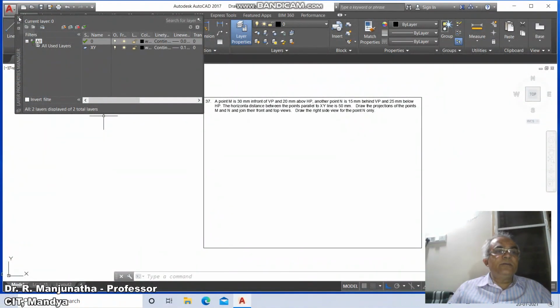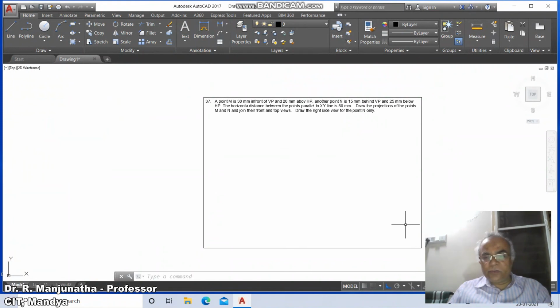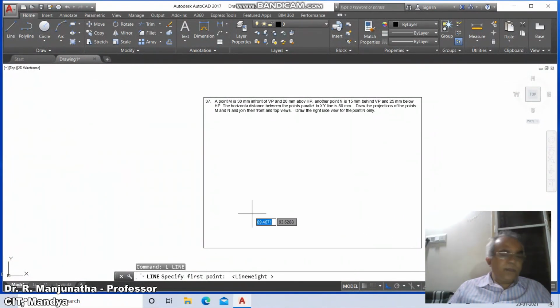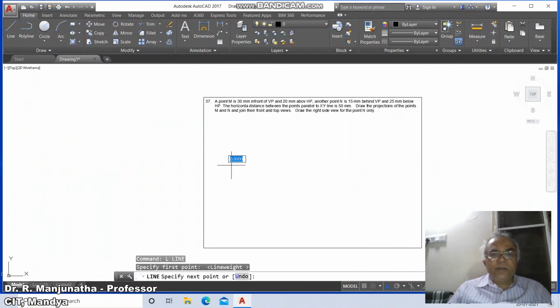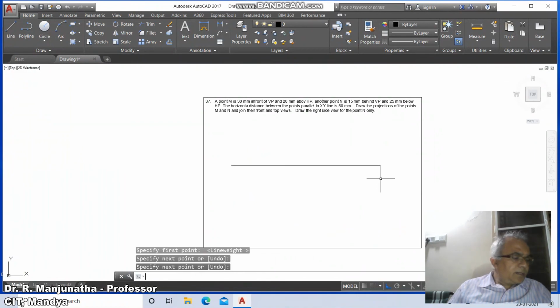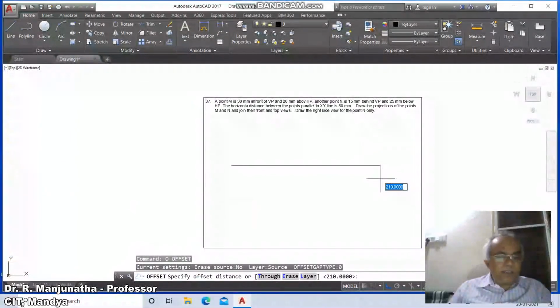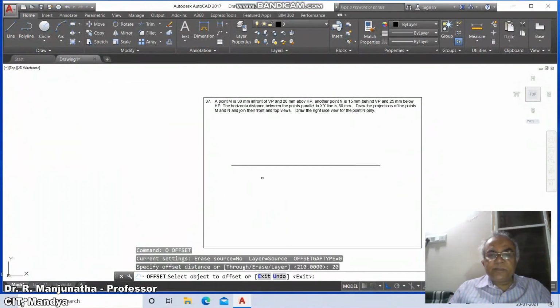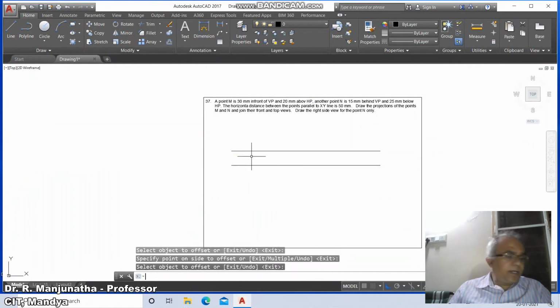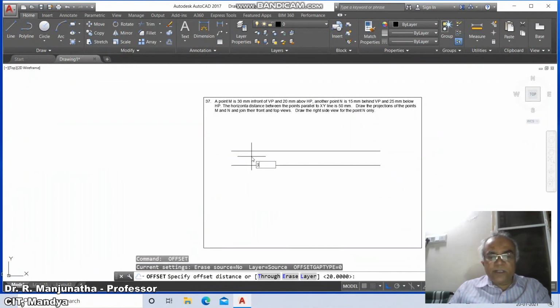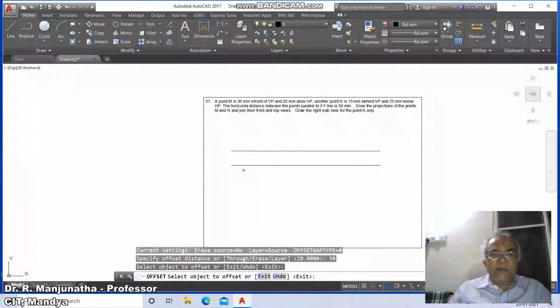Once you do this, close this command and go to line. Now we're going to switch on the line weight. First we draw a horizontal line. Then go to offset, take the distance as 20 and offset on this side, then take the distance as 30 on this side.